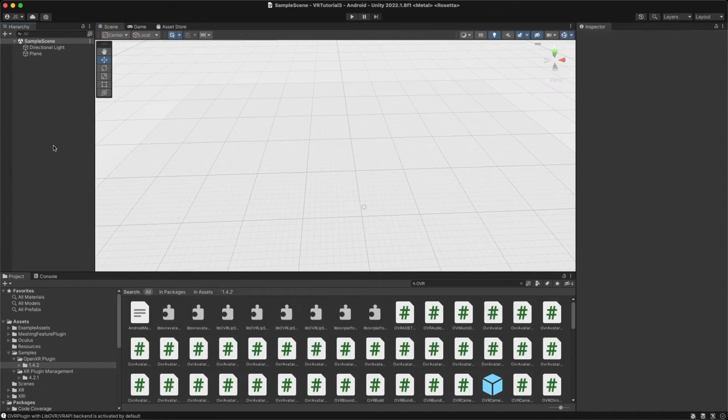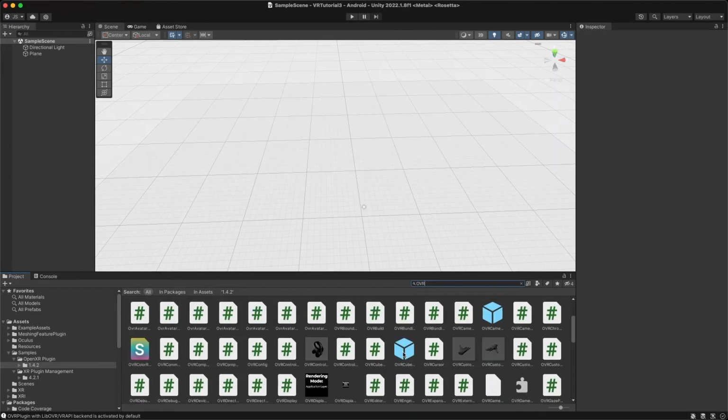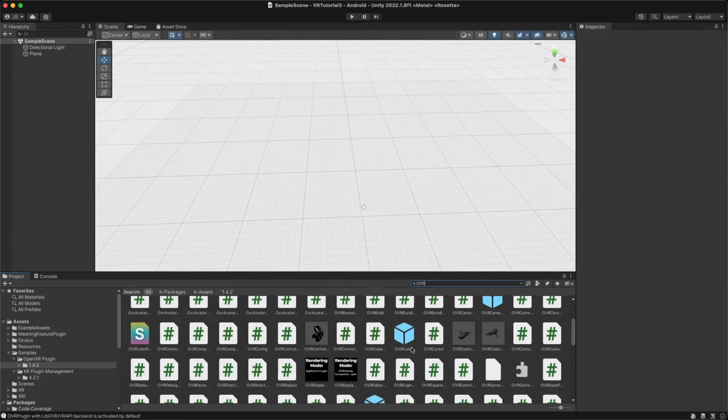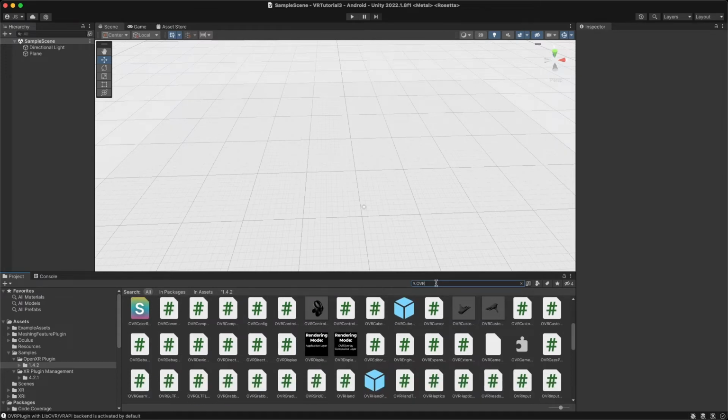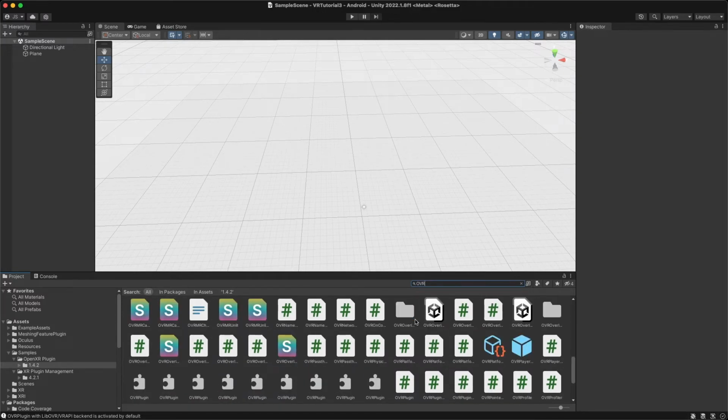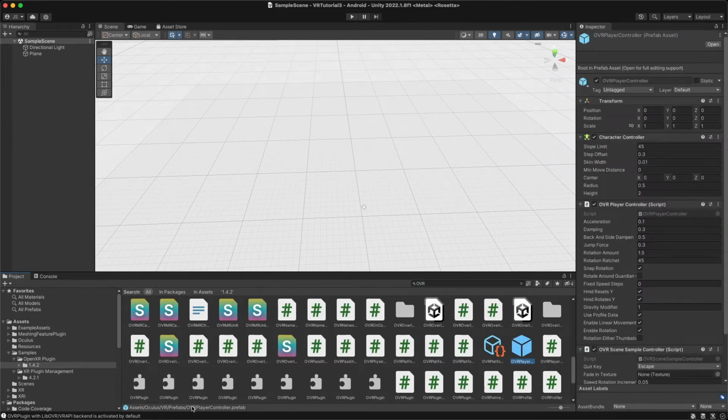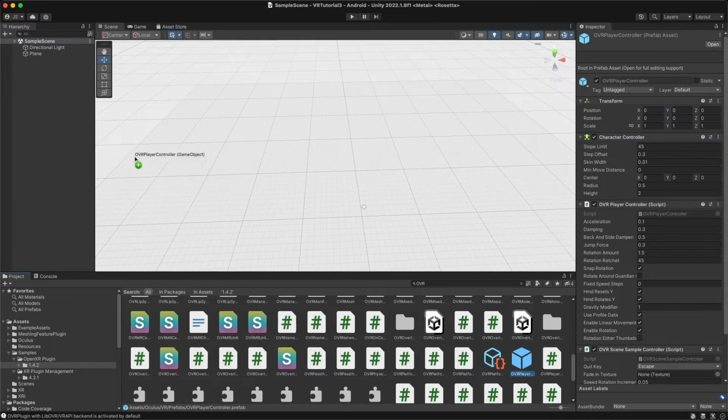All right. Now here what we're going to do, as you can see, there's a huge package. I typed OVR here. That's a lot here now. The first thing that you're going to do is type OVR here, and you're going to go to OVR player. You see OVR player controller. So drag this OVR player controller,